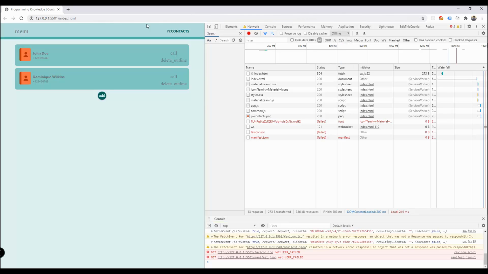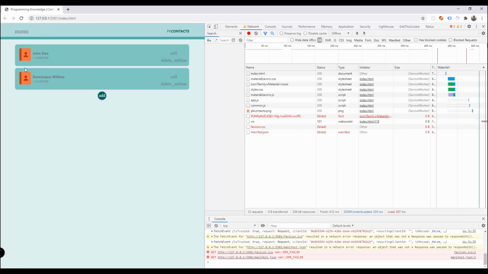There you go. So it means that the browser is now offline. And if we try to refresh this, we're still getting the display of our app, and that's the heart of the PWA, meaning even if the browser or the device goes offline, we still can see the